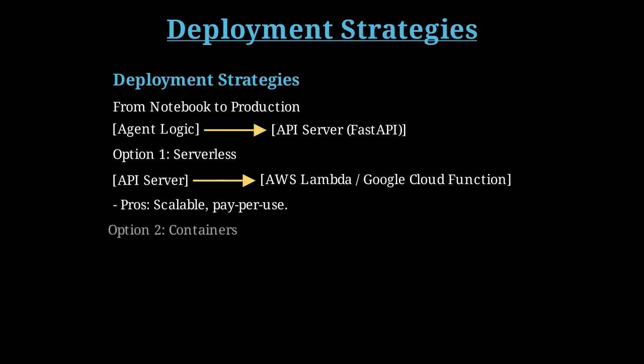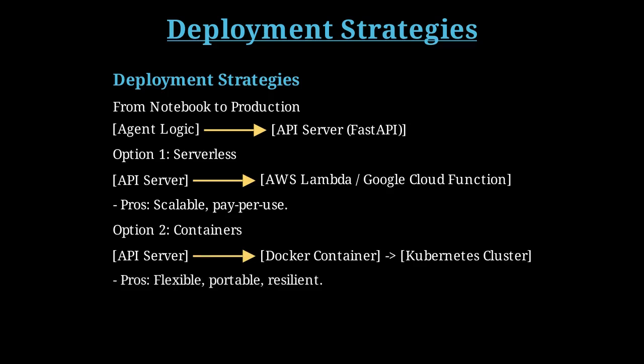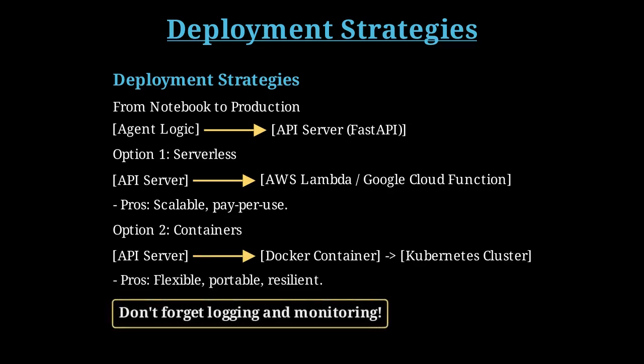For simple, event-driven agents, serverless functions like AWS Lambda or Google Cloud Functions are a great, cost-effective choice. For more complex, long-running agents, containerizing your application with Docker and orchestrating it with Kubernetes provides scalability and resilience. Regardless of the method, robust logging and monitoring are crucial to observe your agent's behavior in the wild and catch